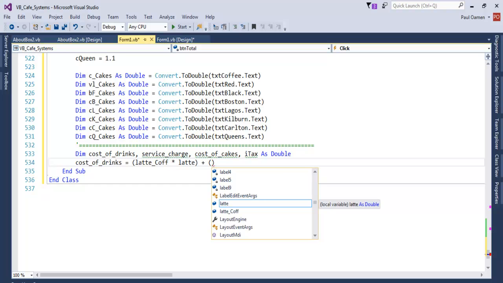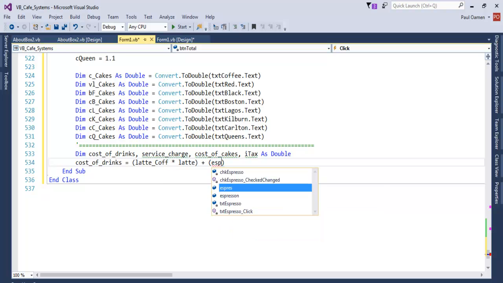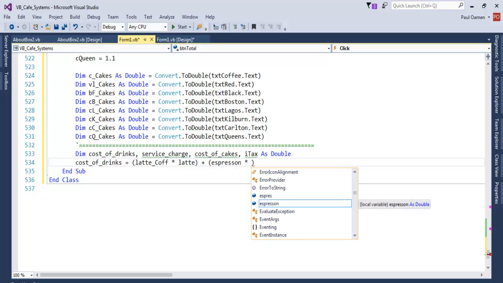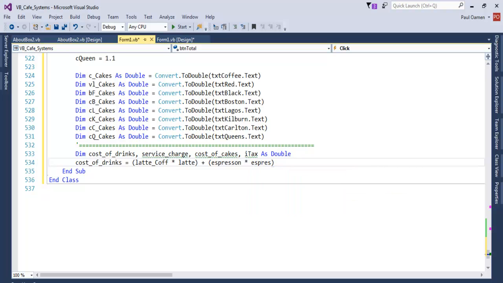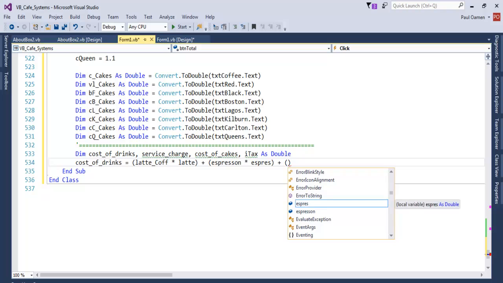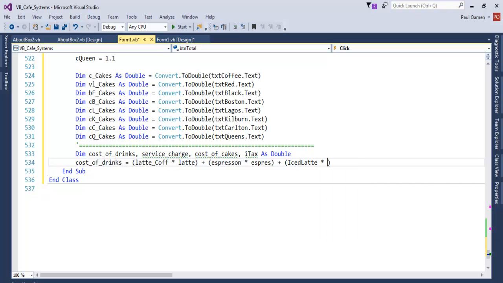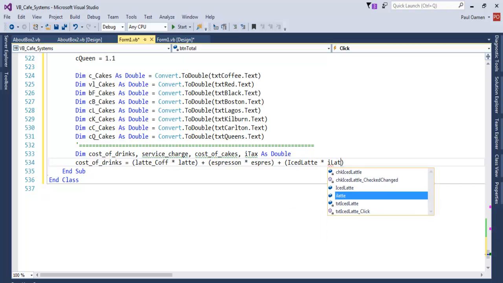So that will be espresso right there. Multiply that by X right there, then add, and the next one, let's take care of ice latte. Multiply by I latte. There. Okay,